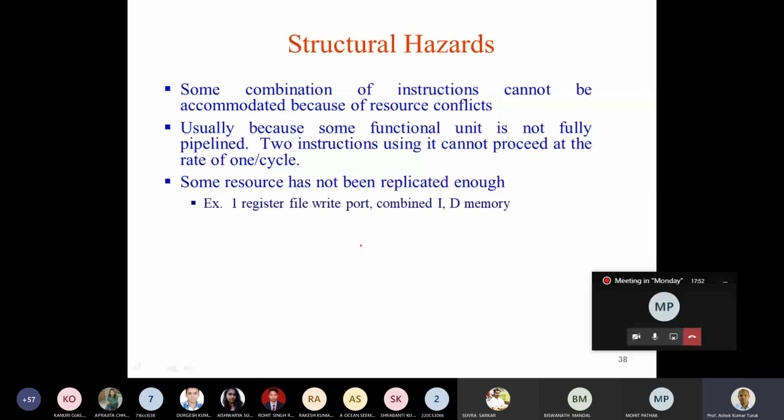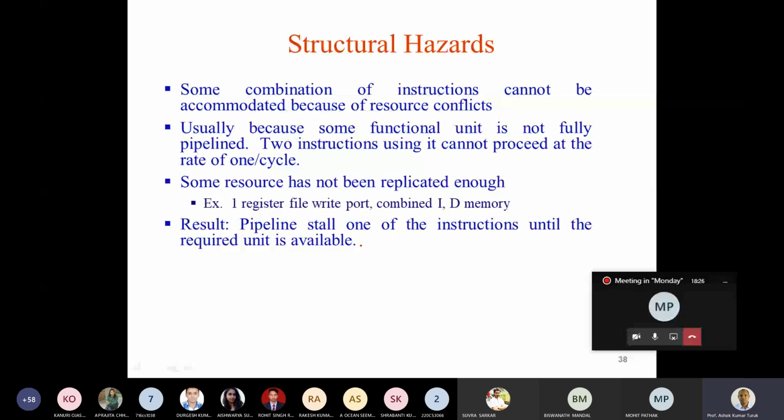So there will be a possibility of two instructions conflicting. The instruction has to be fetched from the memory, and the operand also has to be fetched from the memory. So there will be some instruction trying to read the memory to fetch the operand, and some other access to the memory to fetch an instruction. So there is a resource conflict now.